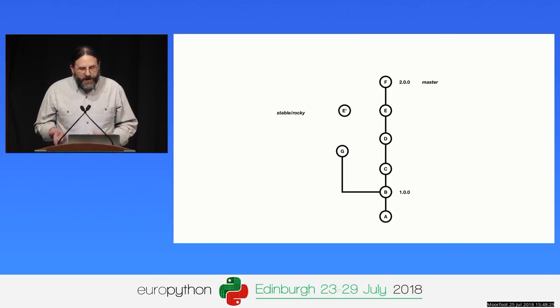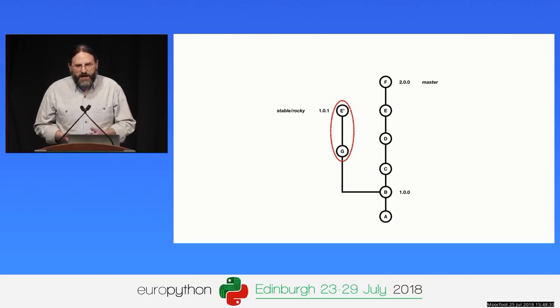So I talked about backporting changes from one branch to another. If we take that commit E and we copy it using cherry-pick from the master branch onto the stable branch, we get the note that goes with the code change, and it ends up on that stable branch. And then if we tag a new version at the end of that stable branch, 1.0.1, meaning that it's a patch update with a bug fix in it, we get the release notes for 1.0.1